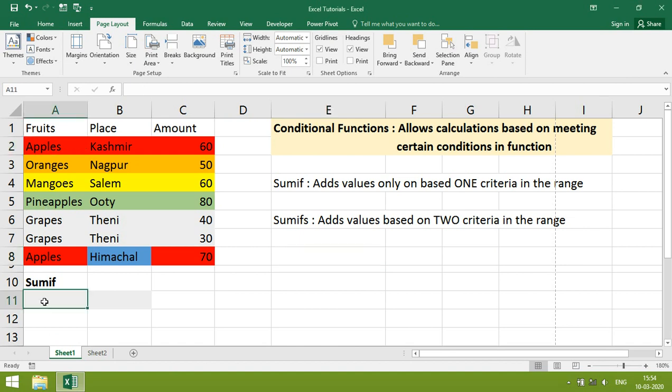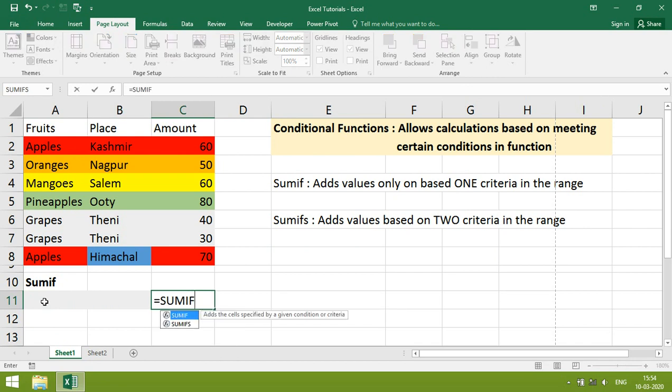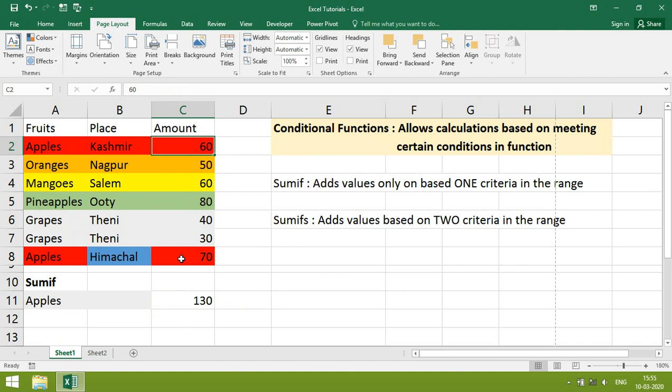For that, let's write a formula, sum if, bracket open, just give range here, comma, we want only apples, select it, then sum range, enter. 60 plus 70, it is given total of 130.